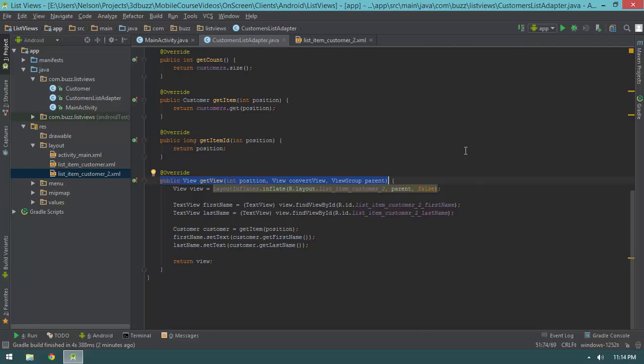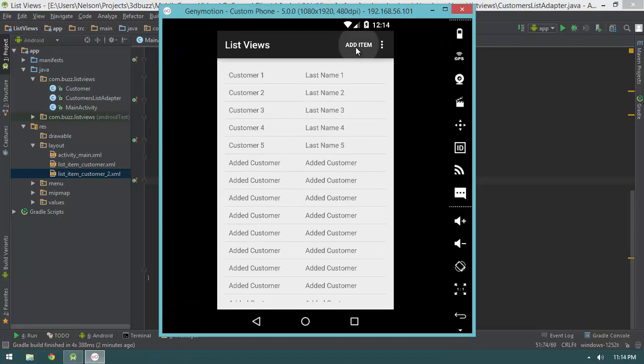However, you'll also note that we have a convert view and our parent, which our parent's pretty obvious, but our convert view is really the thing that we want to talk about here. Basically, what we're doing with this code is very inefficient, especially if it's a long list. If our list is particularly long, we have just introduced a huge performance problem, especially when it comes to scrolling. Like, for example, if I go ahead and add a bunch of items and I start scrolling,